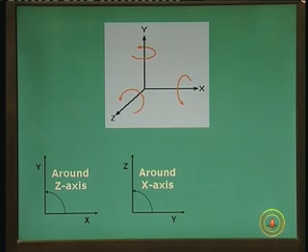Now, if you put that into perspective and come back to the figures at the bottom, you are now looking from z towards the origin. On the left hand side figure, if you look at the rotation around the z axis, this is the counterclockwise rotation marked. So, you are basically rotating the object from x towards y. Remember that, and that is the convention of positive rotation based on which the signs, the polarity of the cosine and sine alpha terms are used. Now, this is the rotation about the x axis. Rotation about the x axis will cause the counterclockwise rotation from y towards z.